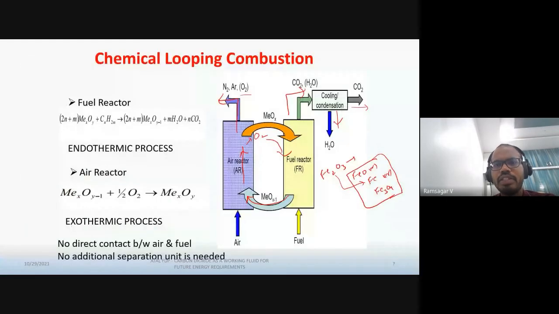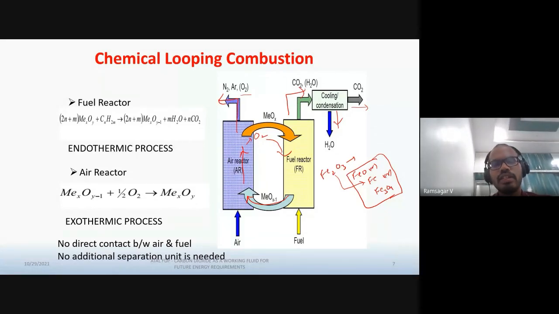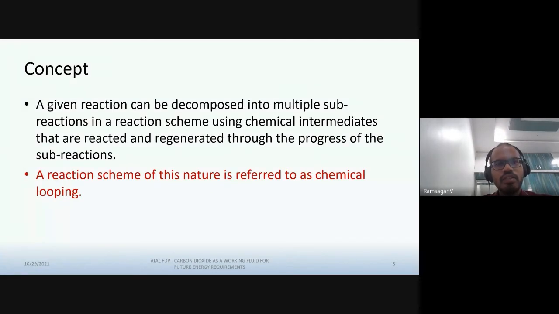So the main advantage here is, while combusting itself, we are ensuring there is no contact between air and fuel, right? It's like almost oxy combustion, so that we are getting pure CO2, right? So the concept is derived from this